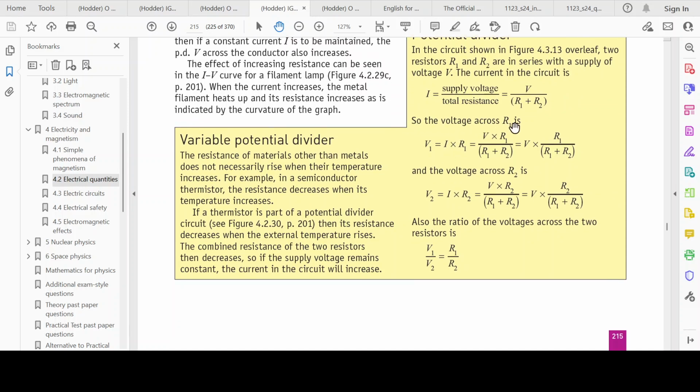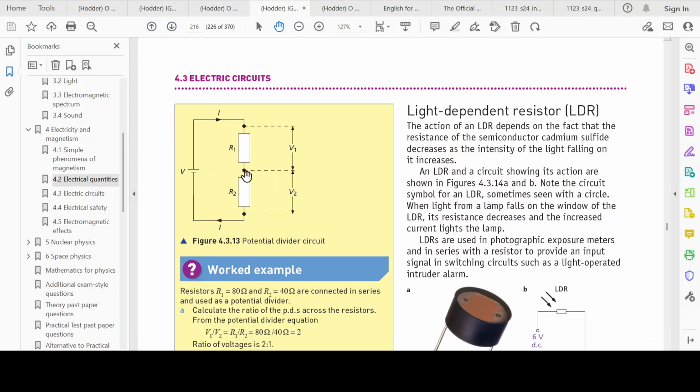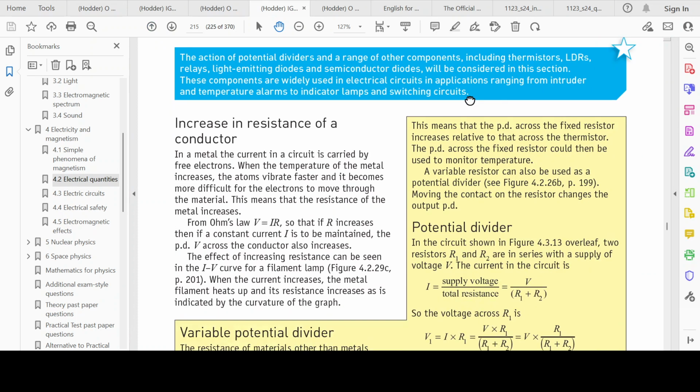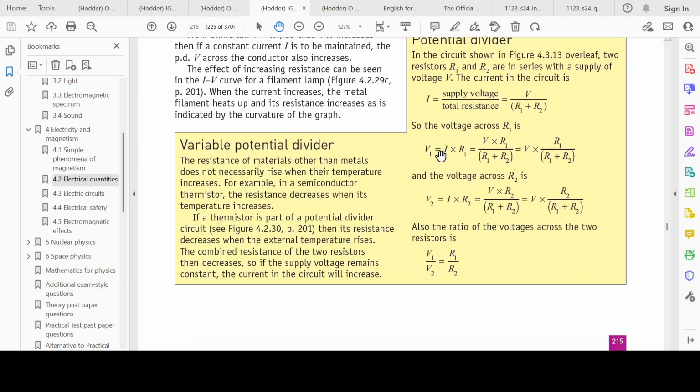And so the voltage across R1, what's the voltage? Because we know in series, the voltage is split between the different components. So what's V1? V1 equals I, which is the same in a series circuit, so the current remains the same, multiplied by R1. If we fit that in,